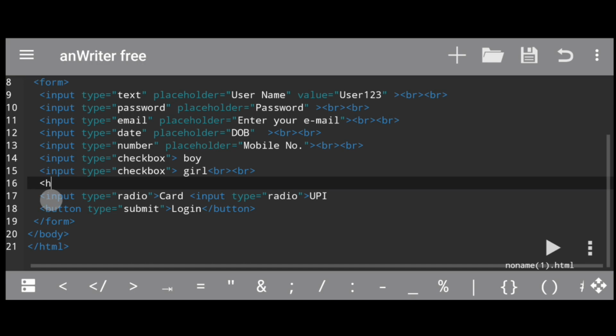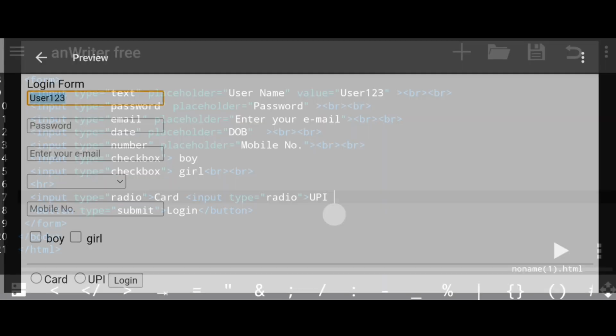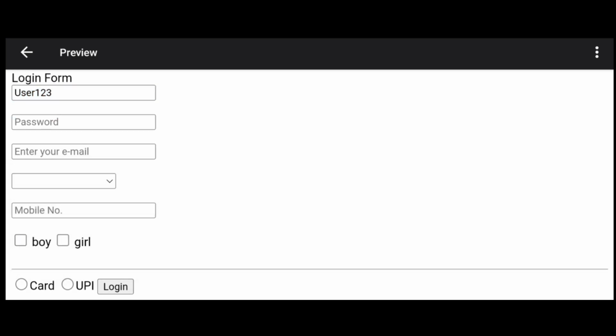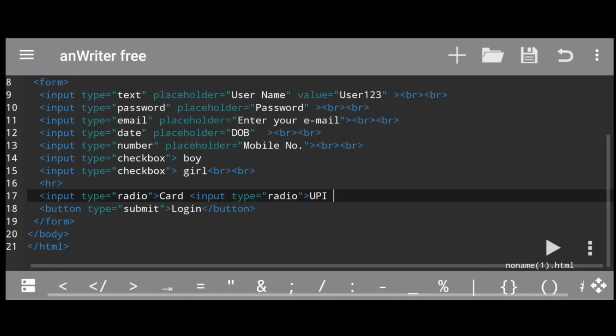Put here an HR, horizontal ruler. So there are two methods. The user can choose one from here. If I select card, I can select card. If I select UPI, I can select both card and UPI. How do I make the user select only one of them? So you have to set a property